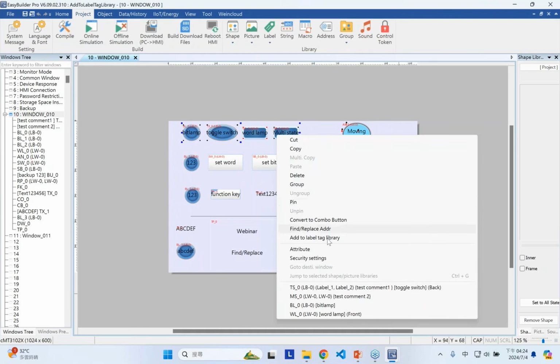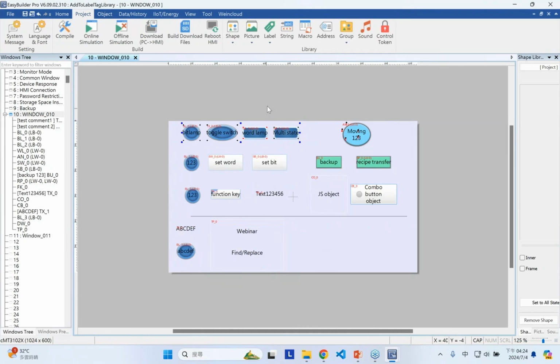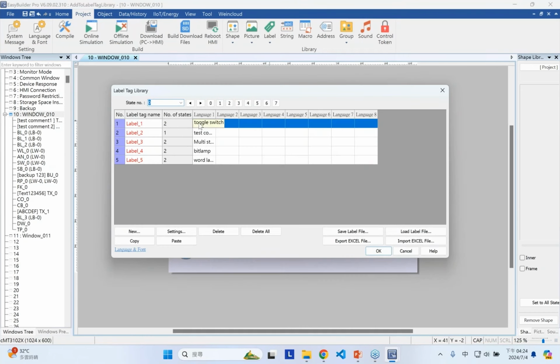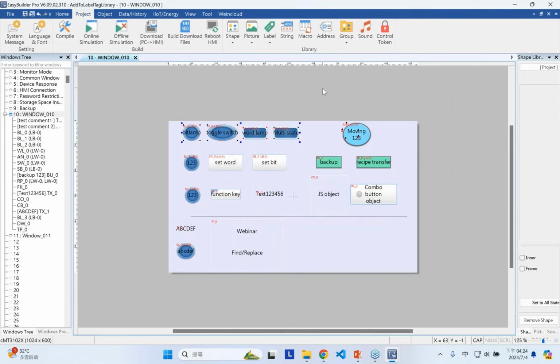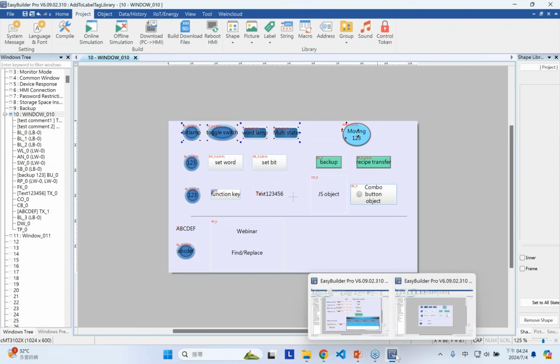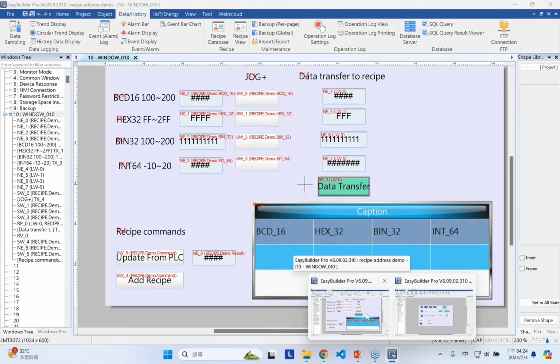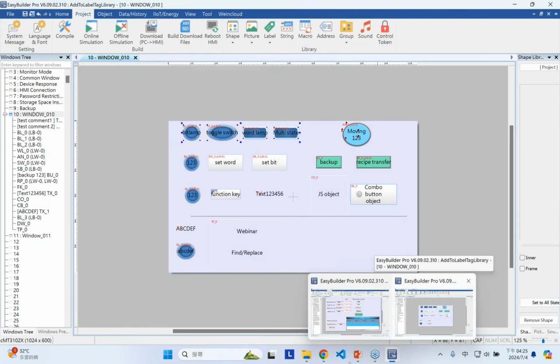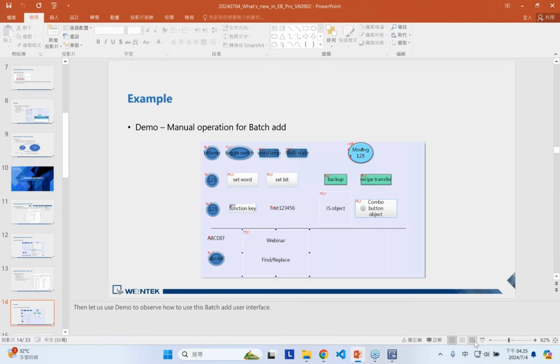Right here, and also add to label tick library over here. So you can check the label is added into the label tick library. This is convenient for the user if they want to transfer from a single language project to a multi-language project. Okay, so this is for batch A for the label. And back to the